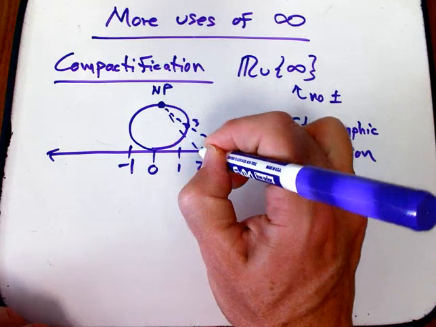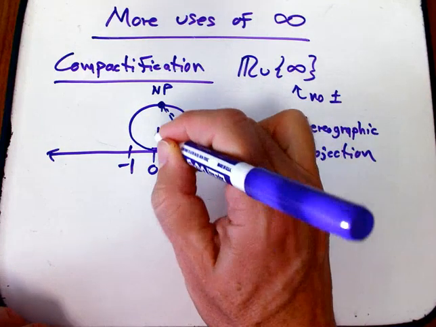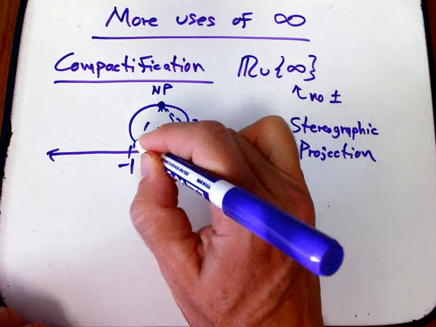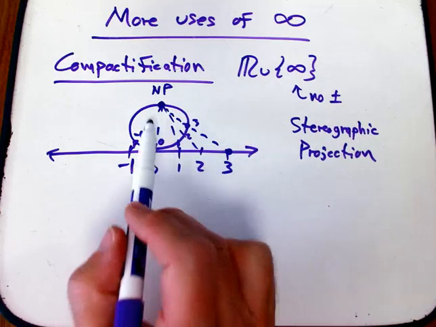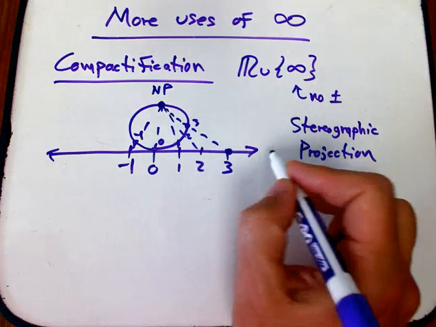So this is going to be my new place to put the label 3 here. And then, boom, boom, boom, boom. I'm going to put a 2 here. I'm going to put a 1 here. 0 is going to be right down at the bottom. Here's where minus 1 is going to be. And you can convince yourself, hopefully, that you're going to get every finite place, because no matter how far you go on the line,